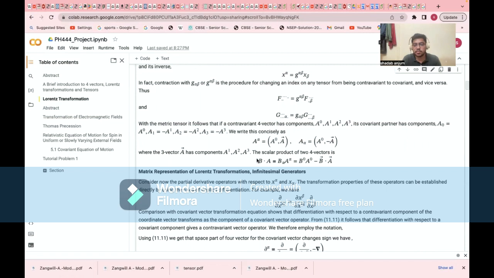And the scalar product of 4-vectors was defined earlier as b_α a^α. B dot a is b_α a^α, so b_0 a_0, and since you know that this b_α is the negative of